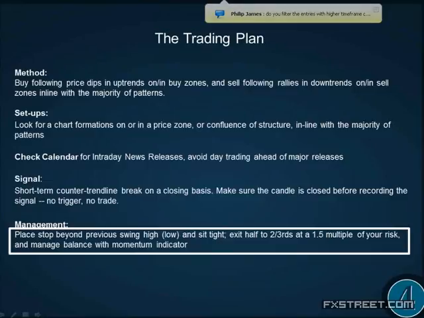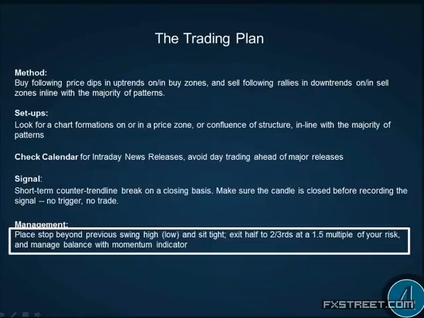So your risk determines your reward, right? If your stop is going to be 12 ticks, then your reward is going to be 12 ticks times 1.4. So your initial profit target is going to be 17 ticks, right? Or pips. So if you're risking 8 pips, 8 times 1.4 is going to be 11 pips. So if your risk is 8 pips, then you're going to look to take 11 pips initially.